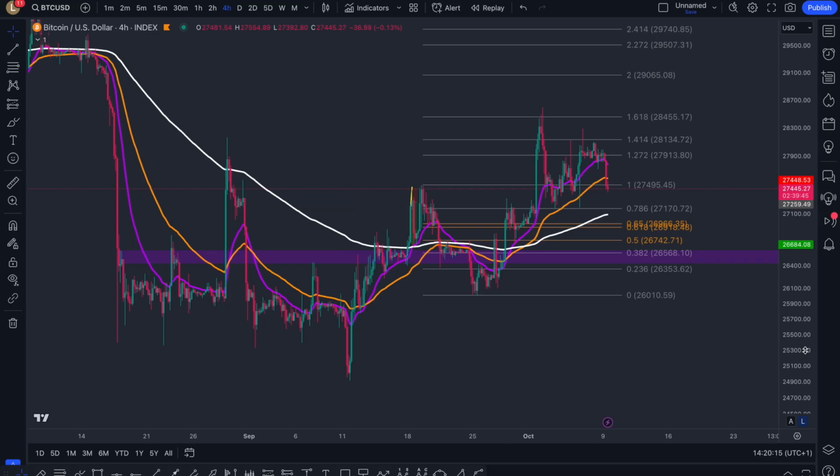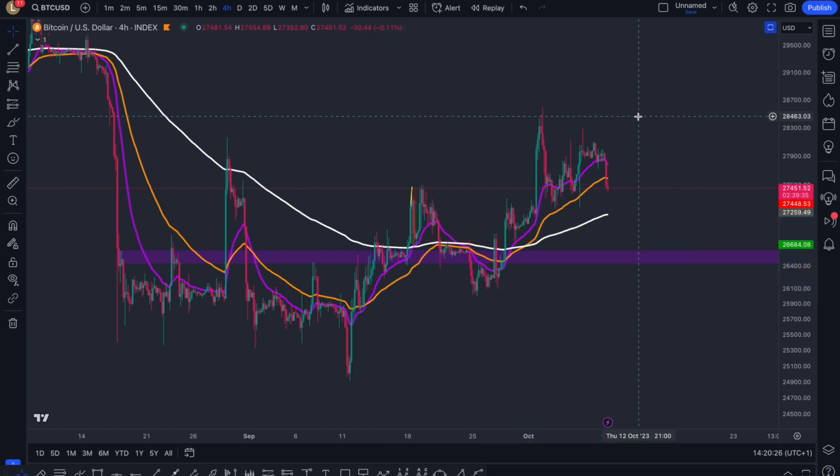Everything is going to plan if you've been following along with the channel's updates. So looking at Bitcoin, it has been a while, but the last update we were up here after meeting this 1618 target, and what I was suggesting is that we come back to hold these moving averages. If you want one more push up, we need to hold these moving averages.